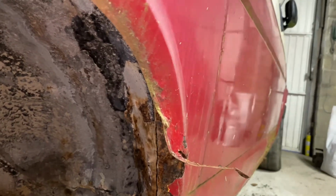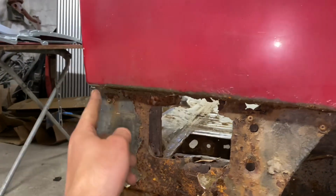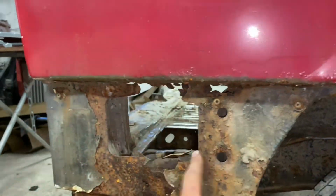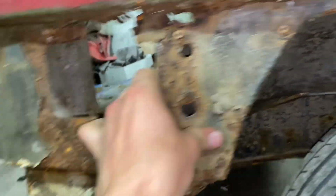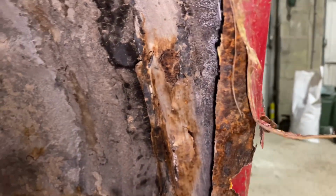Now this rear arch, and in fact the rear quarter itself, is not great. This rear section actually is kind of part of the rear quarter, so there's usually a little vent thing here. These are just totally gone, not good at all. The tubs are nice and solid, which is actually surprising. These tend to go really bad actually. I see a lot of people having to replace them. You need a bit of a clean up in here, and yeah, just a few